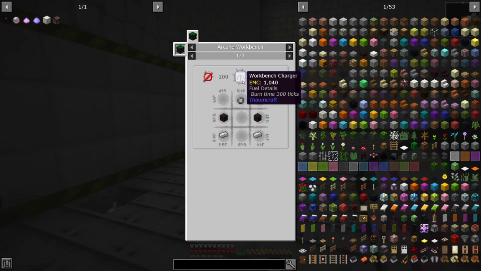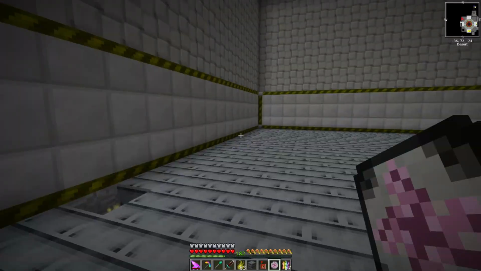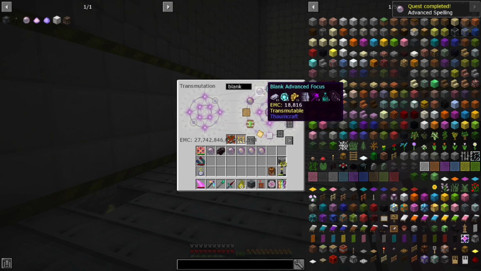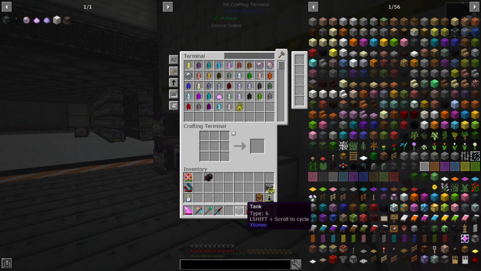So let's take this guy over in here. And what do we need? This Viz battery. Let's grab. So we'll just grab all of these guys out here. So see, we need a blank advanced focus, right? So we'll just grab those. We'll grab a couple of these guys out, just in case we need them. Toss all of you in here because this is going to be our little Thaumcraftian